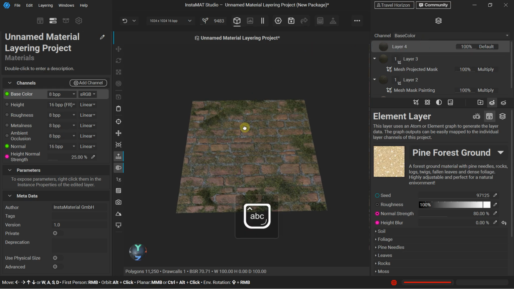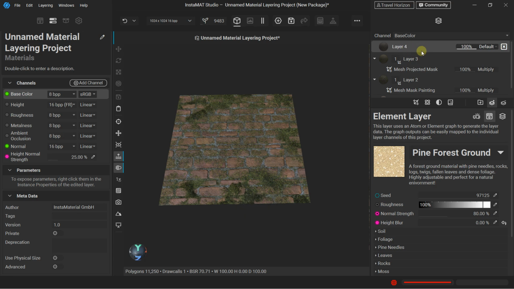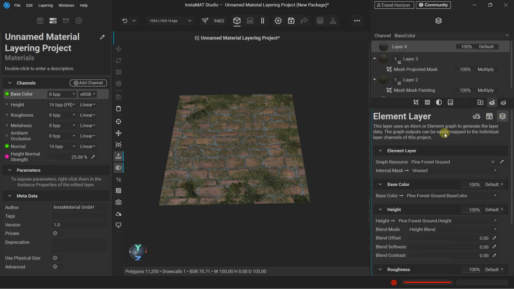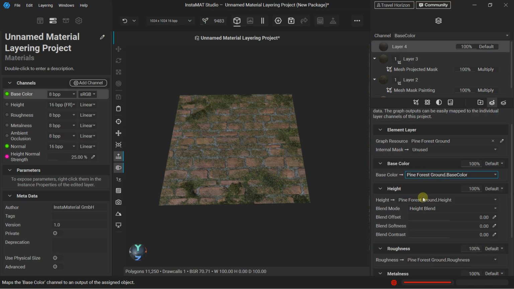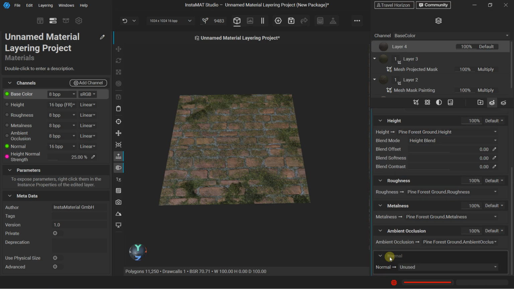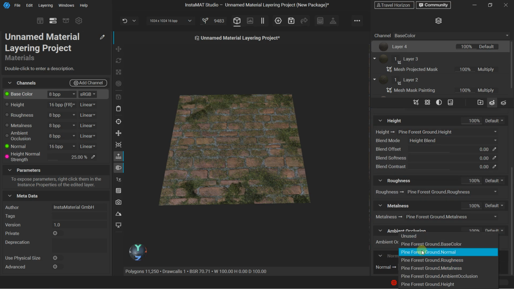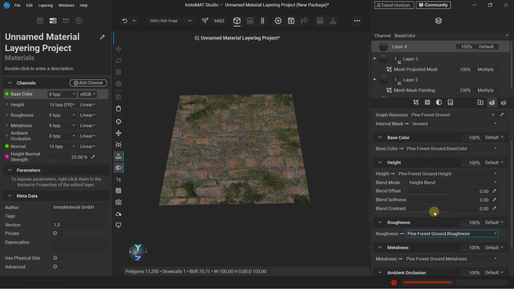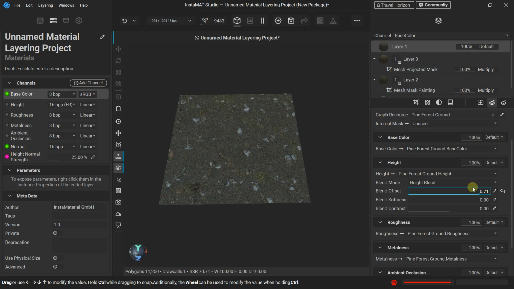I'm going to show you a last possibility of mask. So layer number 4 here, pine forest ground, and it is the same. I can go on the options here with the different channels, and I will activate the normals as well. Now what I will do, I will use, for example, the blend offset, and you can see the ground